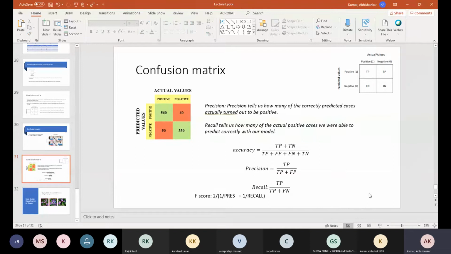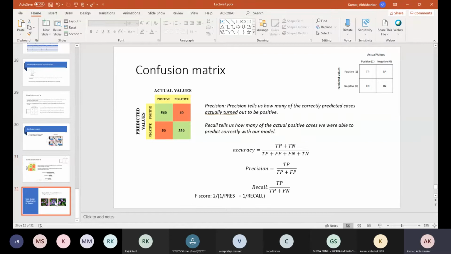Have you understood what a confusion matrix is? Once you find your confusion matrix, you can get all these parameters. But what is important is which metric you will use in which problem. There are n number of cross validation metrics. So which metric will be used in which problem? That is an assignment for you. You have to find it out.